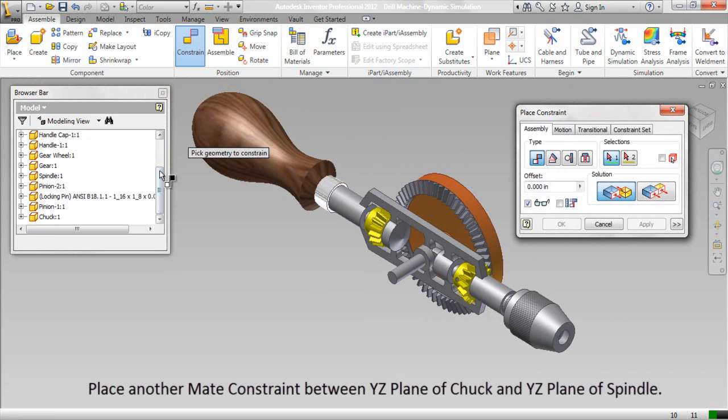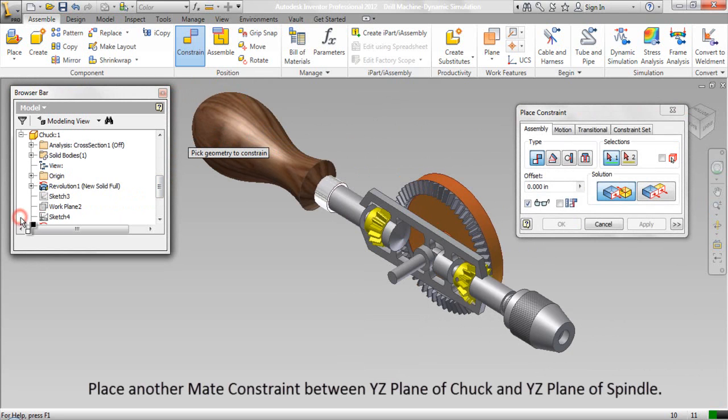Place another mate constraint between YZ plane of chuck and YZ plane of spindle.